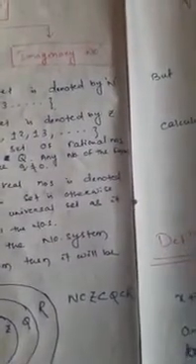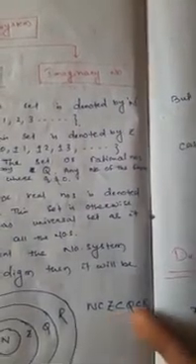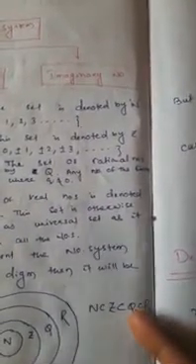We can represent the number systems in terms of a Venn diagram. See, N, then Z, then Q, then R. So N is a subset of Z, which is a subset of Q, which is a subset of R. That means the elements of N are present in Z, the elements of Z are present in Q, and all the elements of Q are present in R. So R hence is called the universal set.